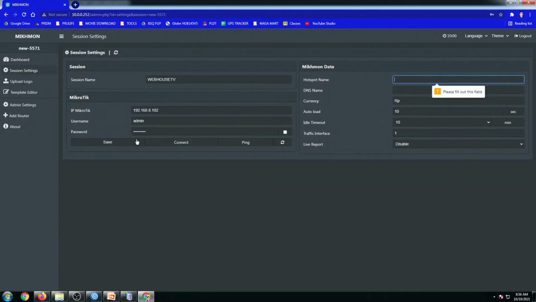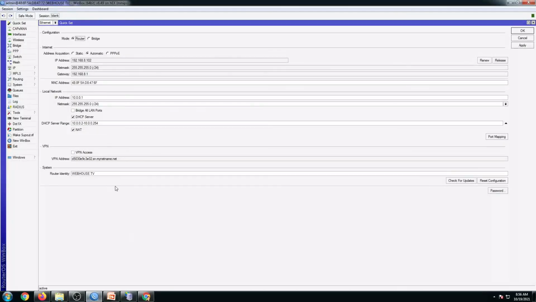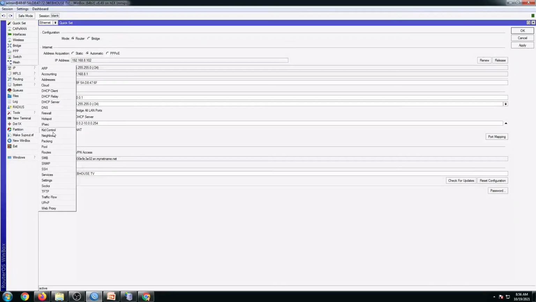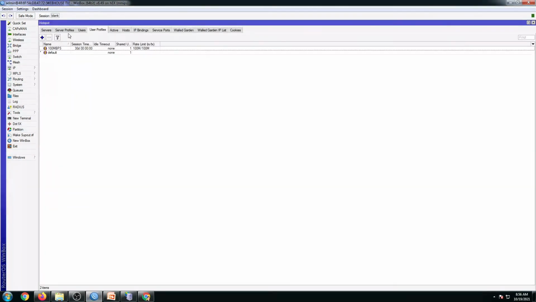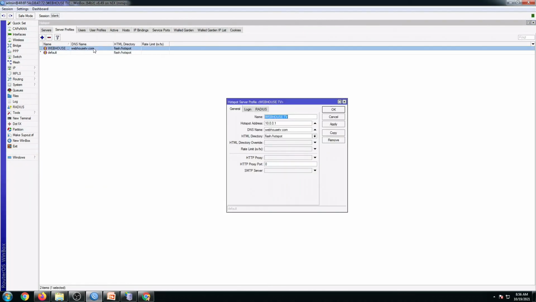Oh, before that, let's complete this Mikhmon data first. So I can name this as Webhouse TV again. The DNS name will be the DNS name, of course, of your Mikrotik. So if you're going to check the IP hotspot, and then server profiles, this is your DNS name. Alright, so let's make it the same, webhousetv.com,